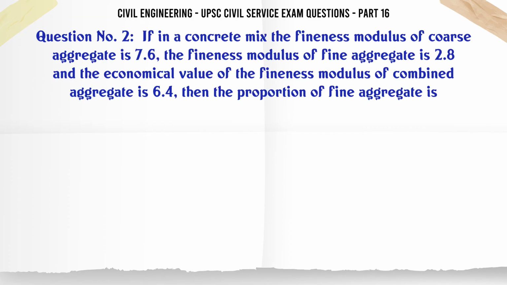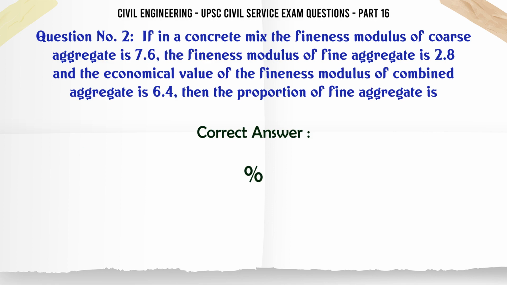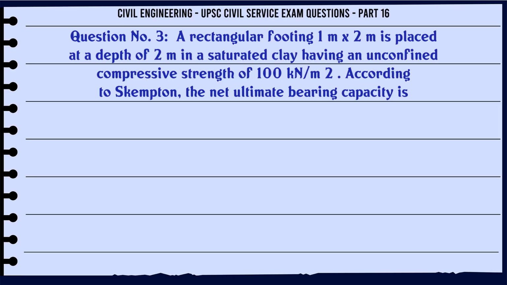If in a concrete mix the fineness modulus of coarse aggregate is 7.6, the fineness modulus of fine aggregate is 2.8 and the economical value of the fineness modulus of combined aggregate is 6.4, then the proportion of fine aggregate is A. 25, B, C. 50, D. The correct answer is